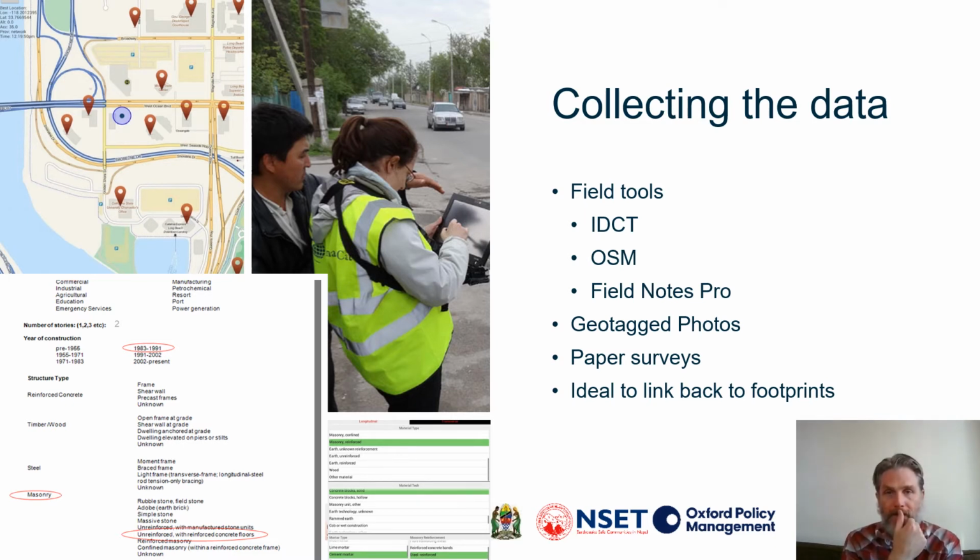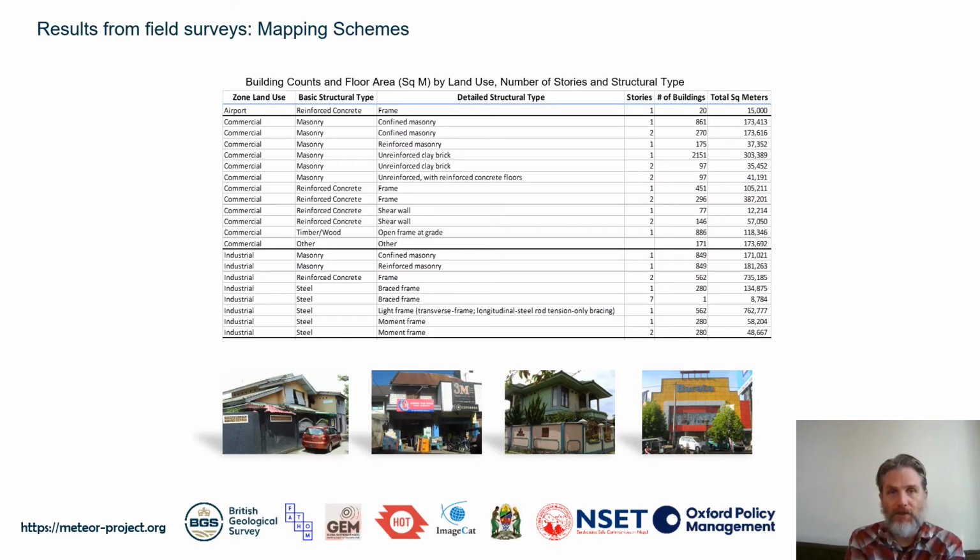And again, it's ideal to link that back to the footprint, so you have those observations tied to building areas, a number of stories too, so that helps you in the extrapolation process. And so the results here, here's some examples, I believe, from a project we did in Indonesia. On the bottom, you see 4 different photos of buildings. These types of observations were tied to different commercial districts. In the end, you have essentially a distribution of the total square meters and the total number of buildings, which allow you to make your